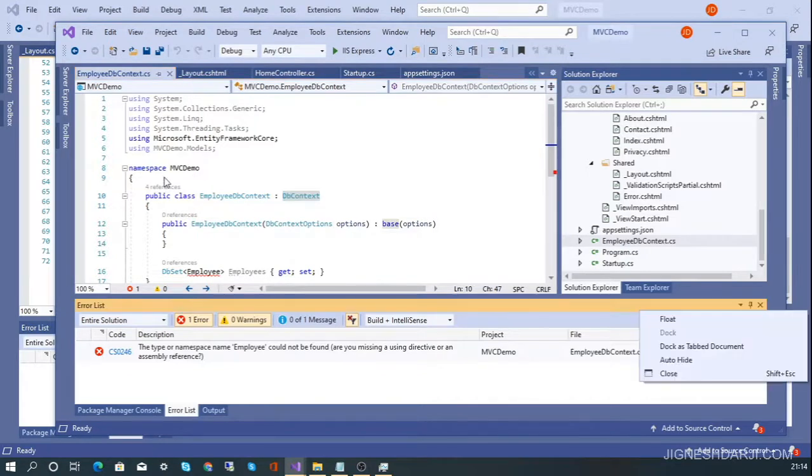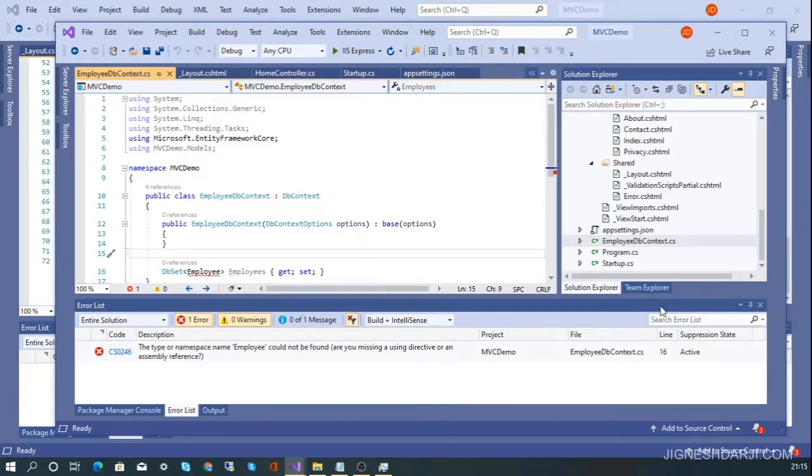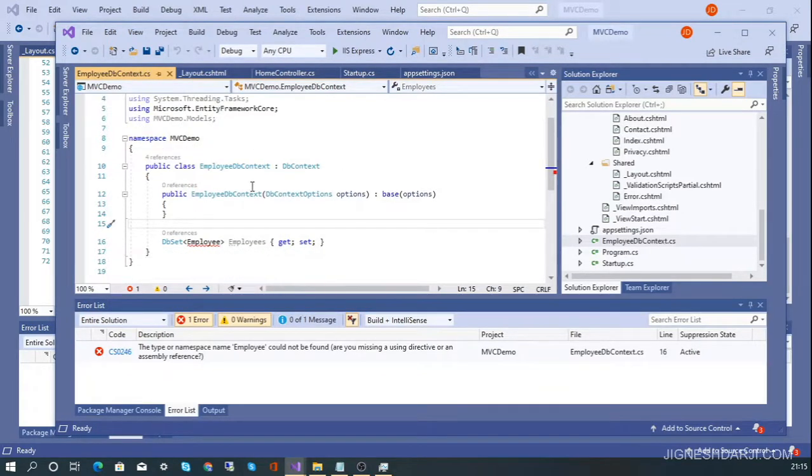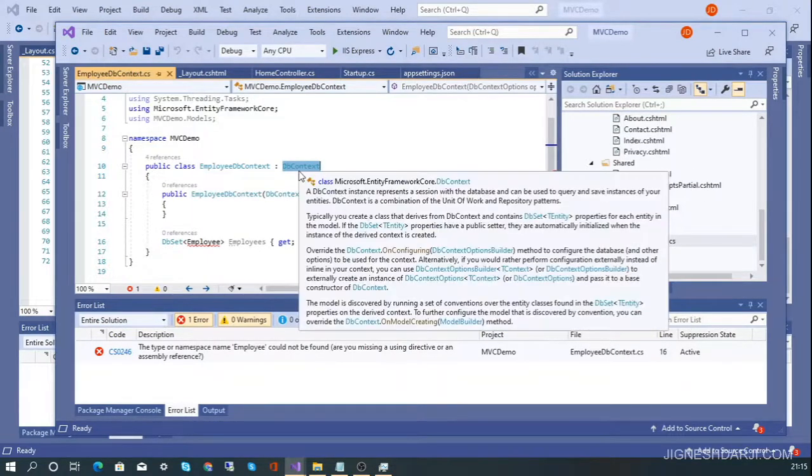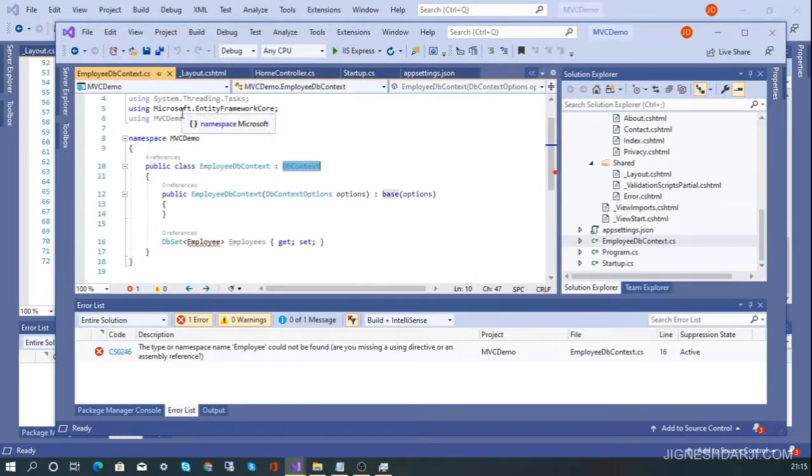For the DbContext, we need to create one DbContext class and import the DbContext class over here. To import it, we have to import the Microsoft.EntityFrameworkCore libraries.